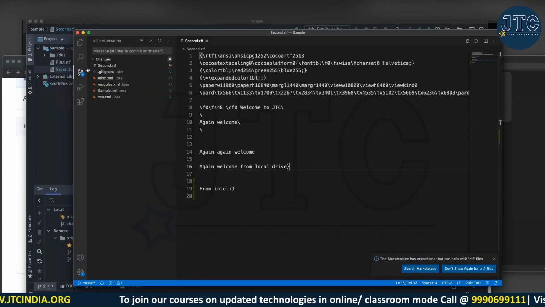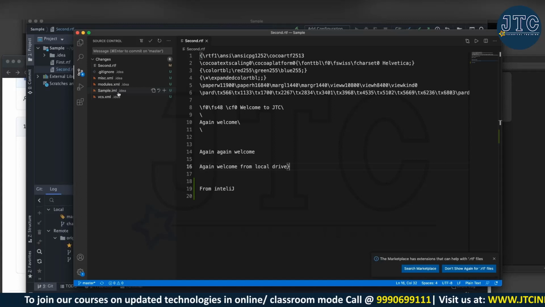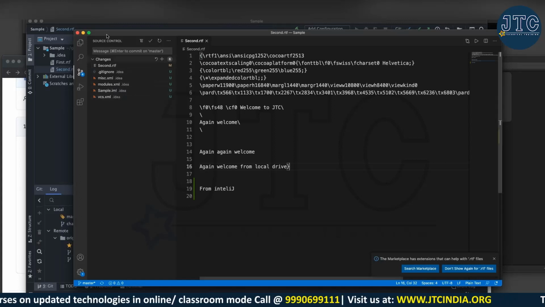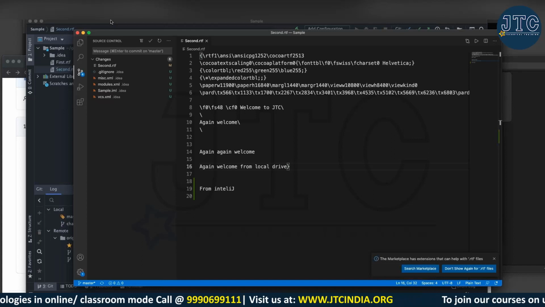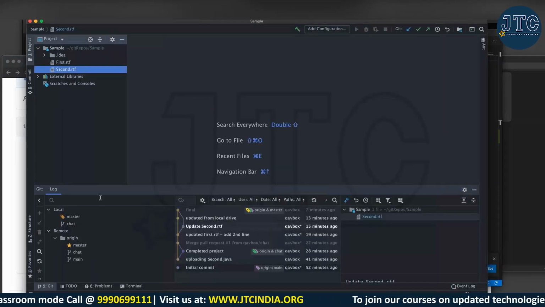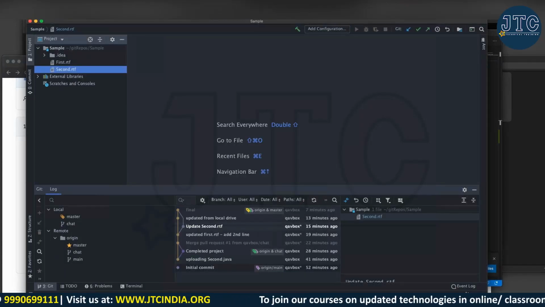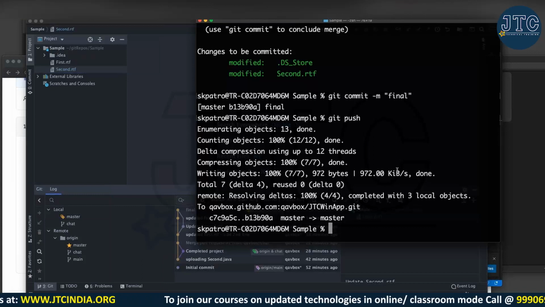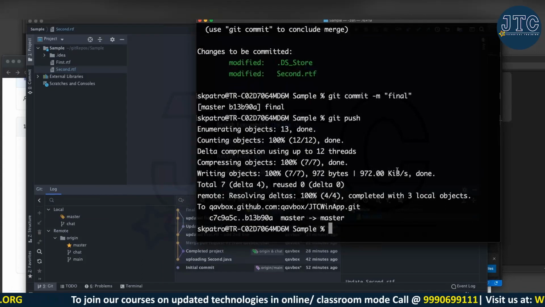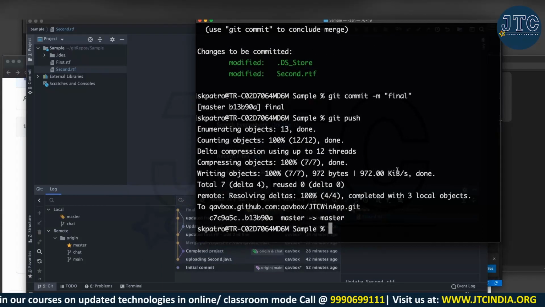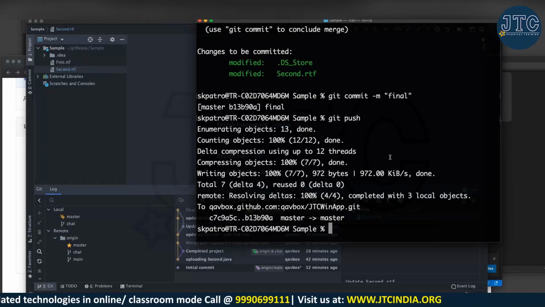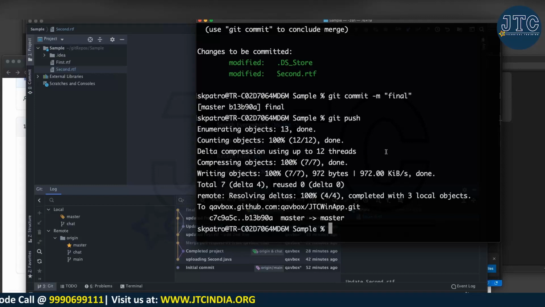So I have already shown how you deal with it, just a quicker view on this one. And if you are using simple Java in IntelliJ, you can see here. Also, some people like to use the command prompt because they feel more geeky and techy. So depending on your need, you can use any one of these platforms.